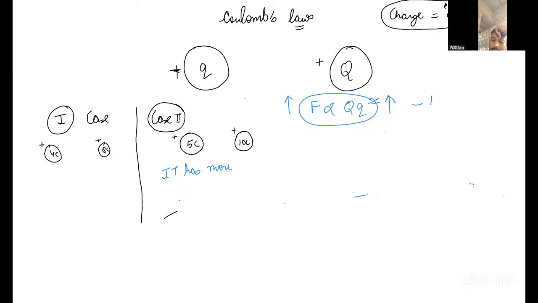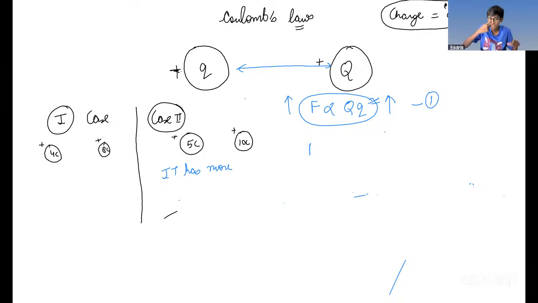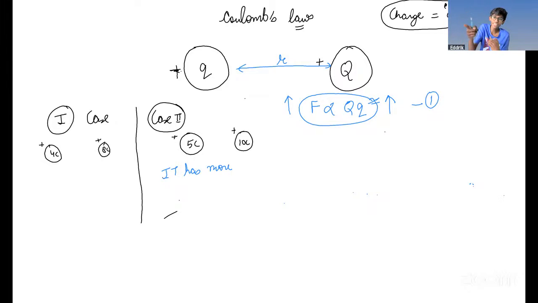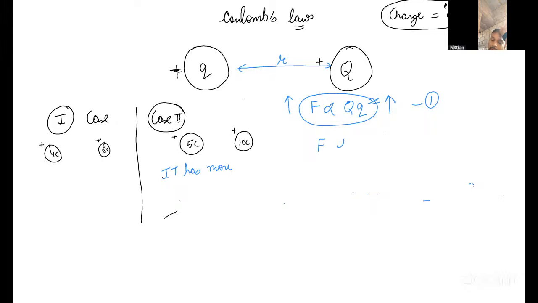The second point is if the separated distance between them is r. R is not radius; in some books it is written as d. D for distance, R for radius, no matter what variable you use. So if they are separated by a distance r or distance d, force is inversely proportional to the square of the distance between them, which means that you will increase